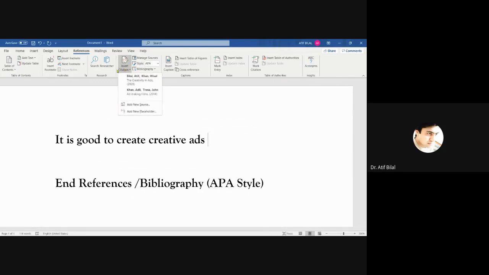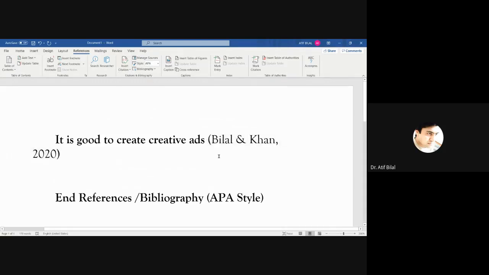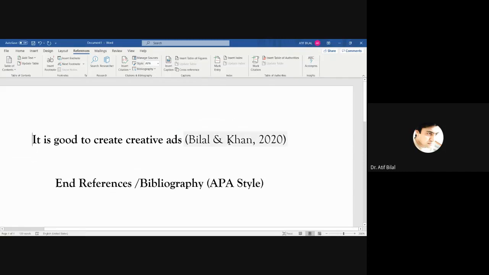If you go to this Insert Citation, there are two headings available. The first one is Bilal, Khan, etc. When I click this one, it automatically gives the reference as Bilal and Khan 2020.